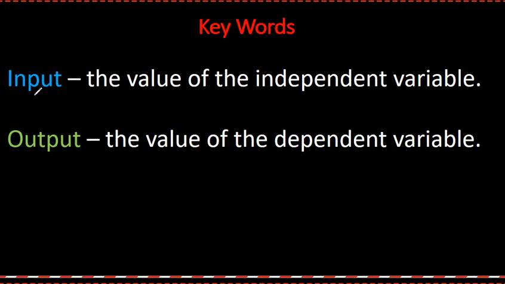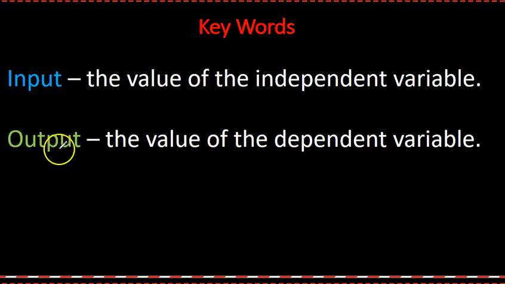Input. From the name it sounds like: in, you put in, so something you put in is input. Input is the value of the independent variable. Okay, we've talked about the independent variable, which is usually x in the coordinate plane. X comes first before y. So x is the input. But remember, x is a variable. It can be any variable actually, but whatever is independent in a situation